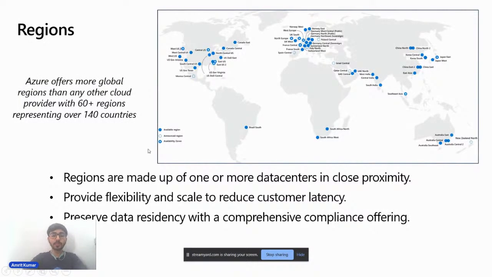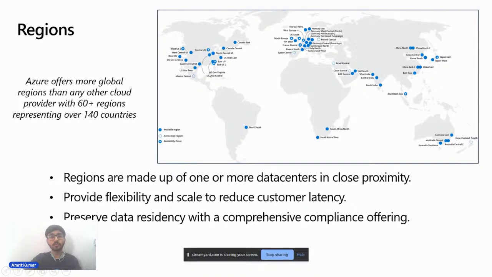Regions are made up of one or more data centers in close proximity. In India itself, we have West India, Central India, and South India regions. Currently I am staying in Pune, so I would mostly prefer to connect with the Central India region.